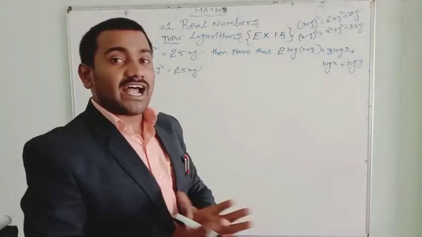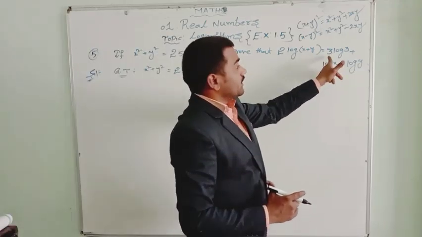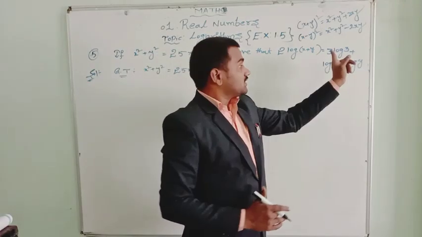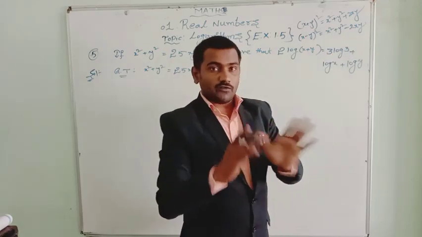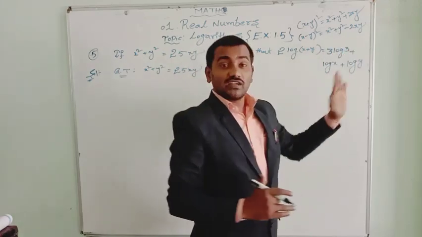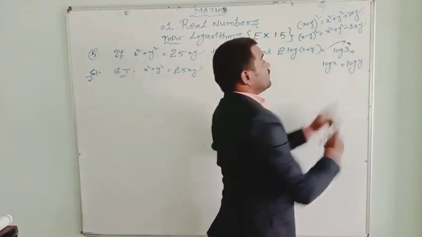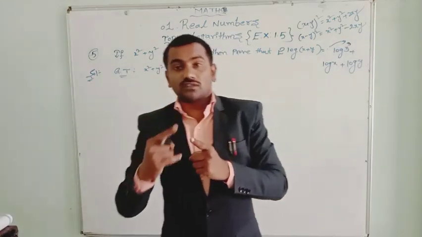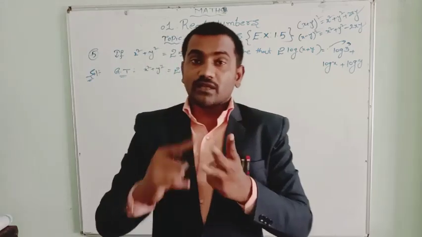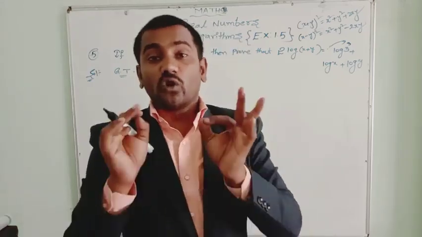That depends on the proof. Here 3 is multiplied to log again. This 3 you bring to this side using the power formula, so 3 to the power of 3 we get. Here this 3 comes here, that is 3 to the power of 3, 3 cube, that is 3 into 3 into 3, which will give us 27.